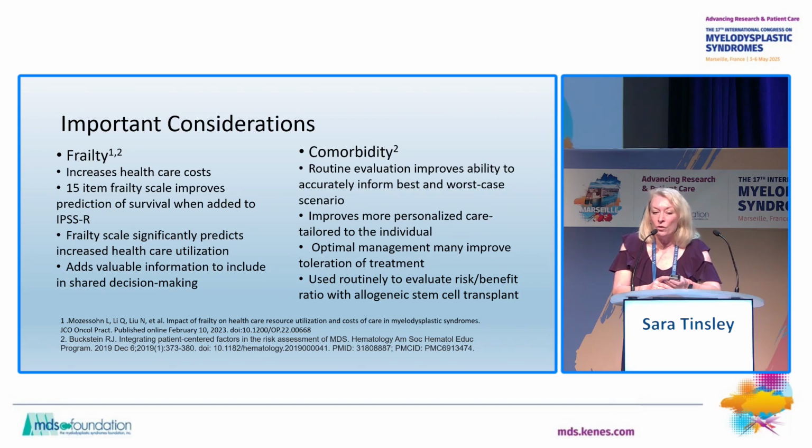And also for comorbidities, for me, I think it's difficult to know. We have different tools for measuring frailty and comorbidity. So what's really the best tool to use for that setting? I know in one of my studies, I used the Charlson Comorbidity Evaluation looking at predictors of quality of life in high-risk MDS and AML.